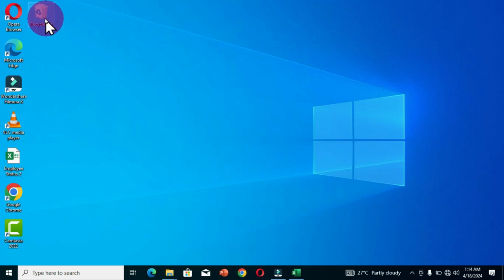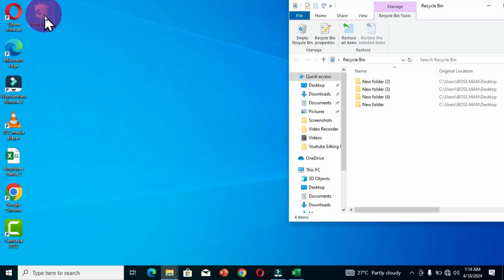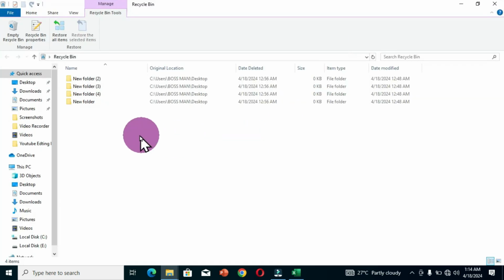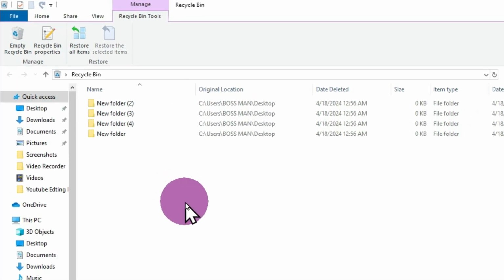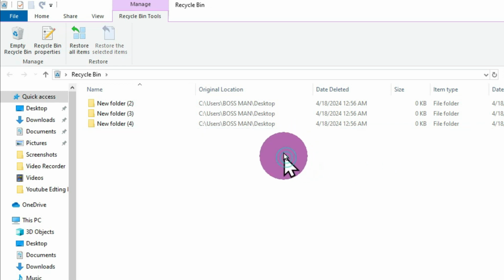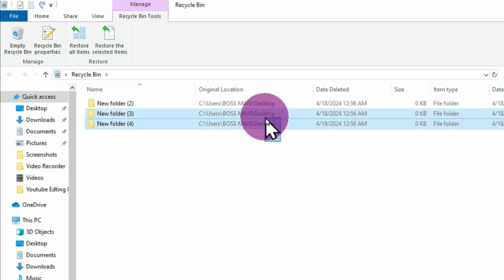Open your recycle bin by double clicking, and then in this window, let me maximize this. I have these folders which are deleted and available in the recycle bin. If you want to restore a particular item, you can just select the item, right click, and in these options you choose restore. You can also select multiple items by clicking and dragging, and that is going to select the